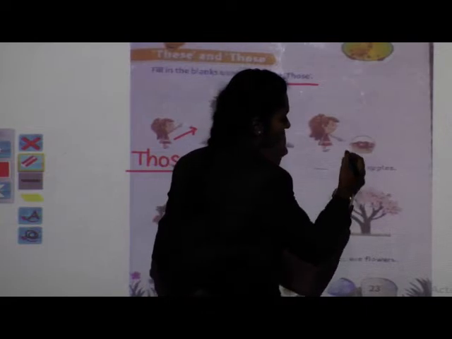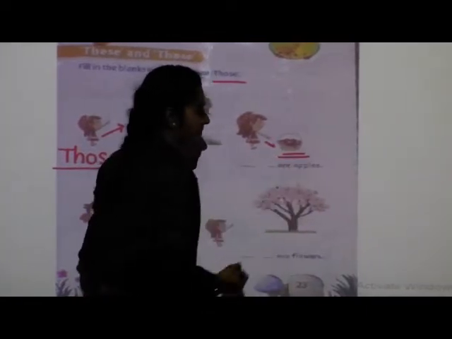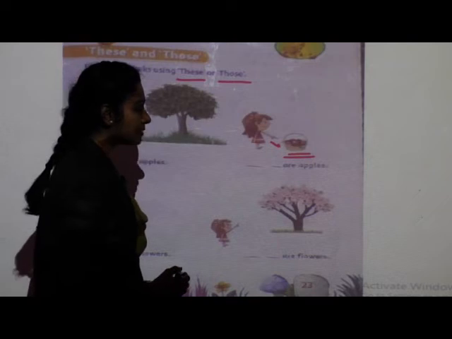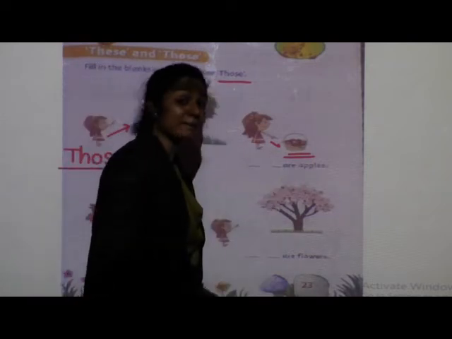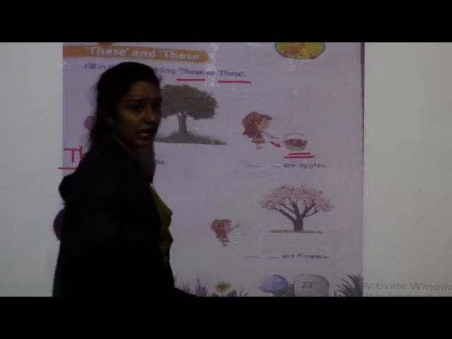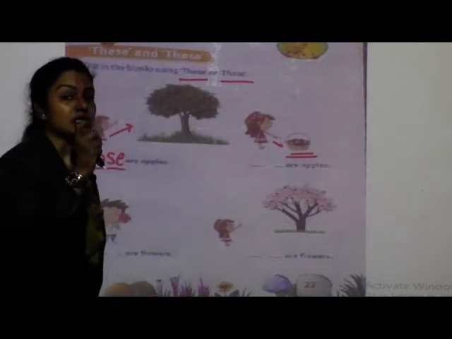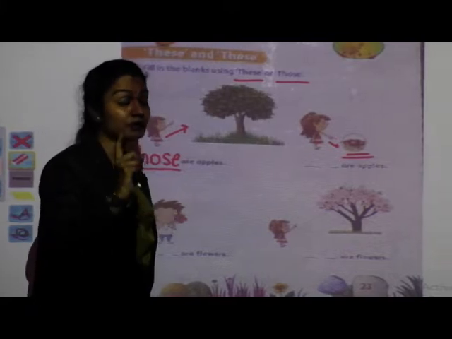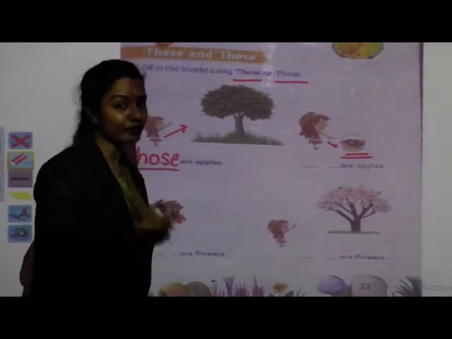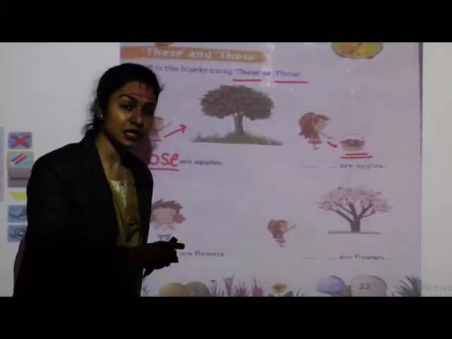Okay? If you see, children, she is pointing here. Can you see this basket? What is she saying? यहाँ पर apples है. कहाँ है? यहाँ पर है. माने उसके पास में है. नज़दीक है. So, the things are near to us. Okay, I am talking about near. That time what are we going to use? These or those?